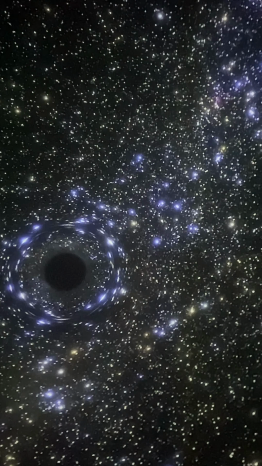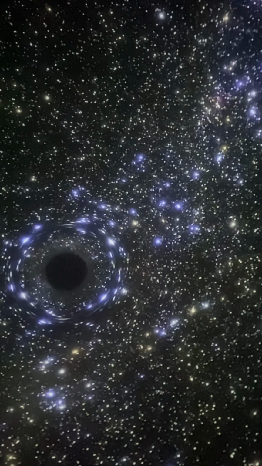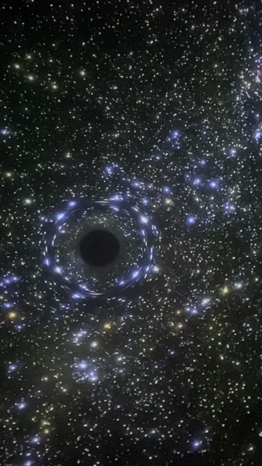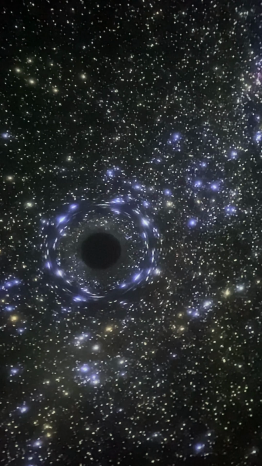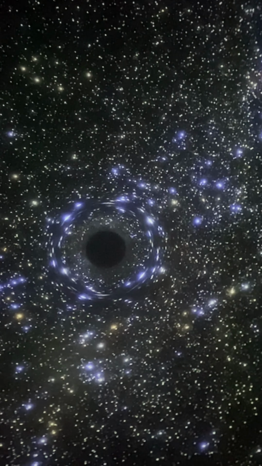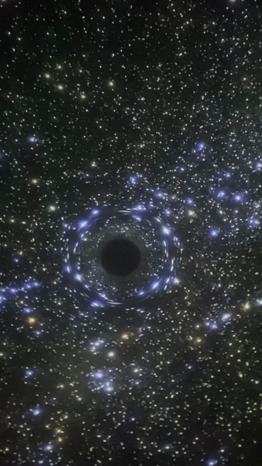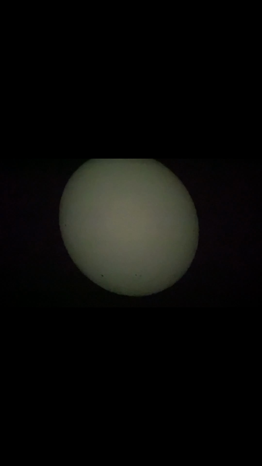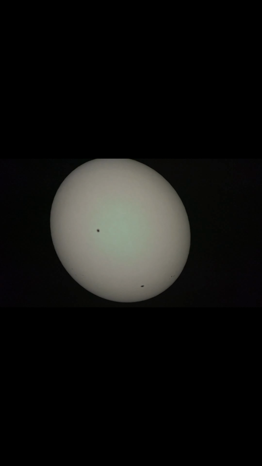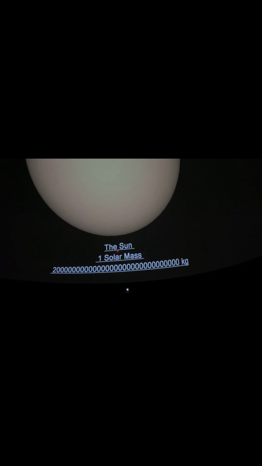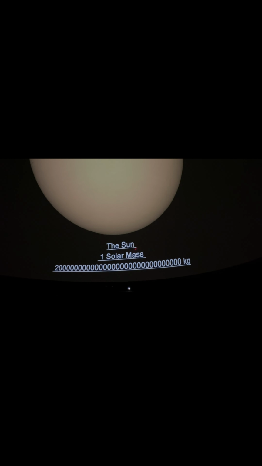Where do they even come from though? So there is something that needs to happen to have what we call a gravitational collapse. Black holes can come from stars, but not just any stars. We need very, very high mass stars. So our sun is one solar mass. So that is